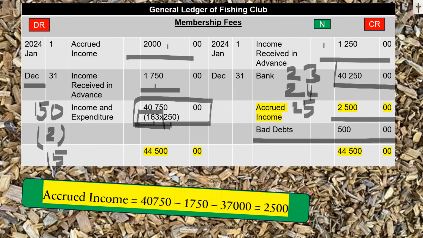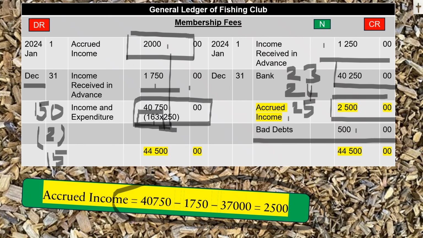They give you the information. Bad debts, they will say, is a percentage of what was owing from the previous year. You calculate the amount, and then you can solve the puzzle by calculating the accrued income, either this way or by completing this account